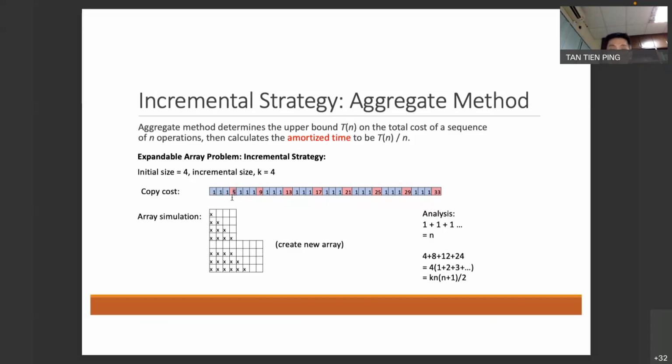So now here we have 5. This is how we get 5, right? Next, if we insert more items into the array after that,